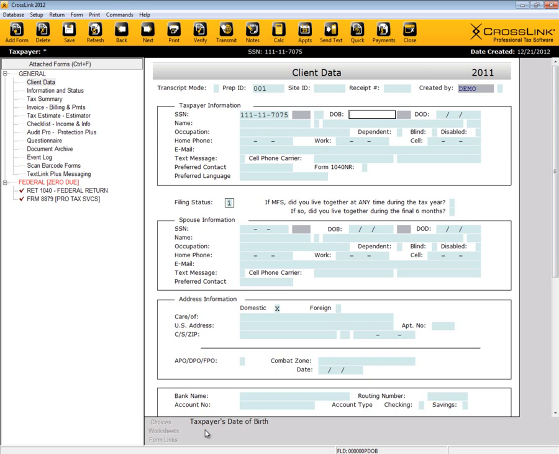Also notice at the very bottom of this page, we have line-by-line help. So depending on which field you're on, it'll tell you what's expected of that field. So we know we're on the date of birth field. If we look at the very bottom, we can see the taxpayer's date of birth should be entered here. So I'll enter that. I'll enter a name,